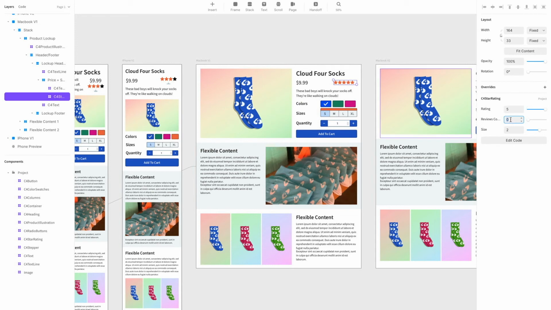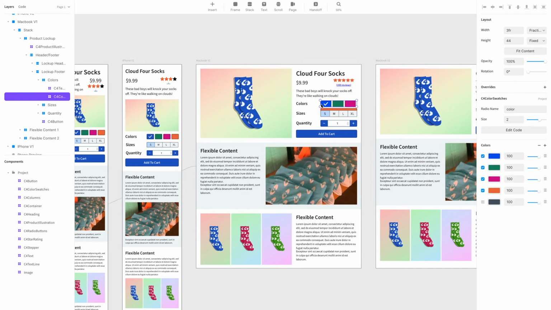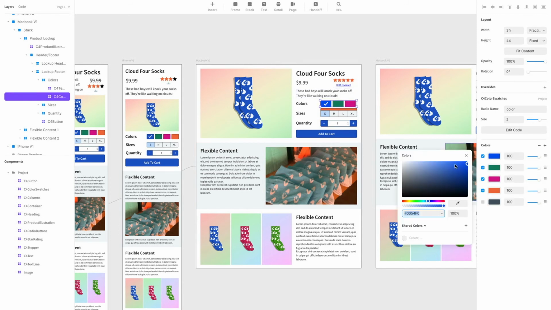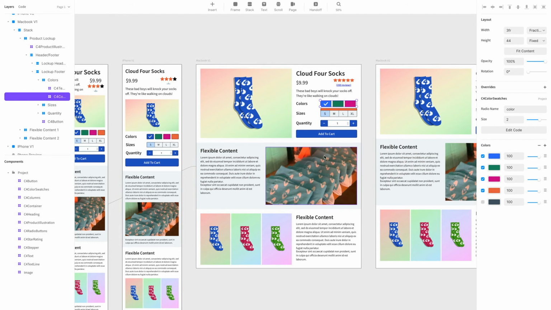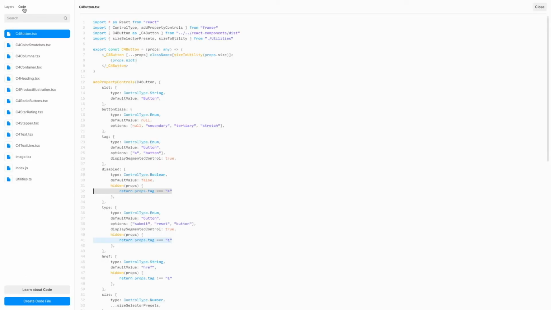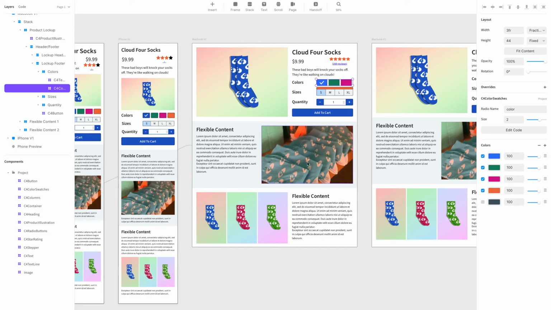As a matter of fact, people love them so much that there's going to be 200 reviews. And look, those are the reviews. They're right there. Maybe you want to change the color. I don't know, maybe a little lighter blue. That's certainly possible. All of this is possible because these are actually the code. They're the underlying code that we wrote for the web components, there in the system.